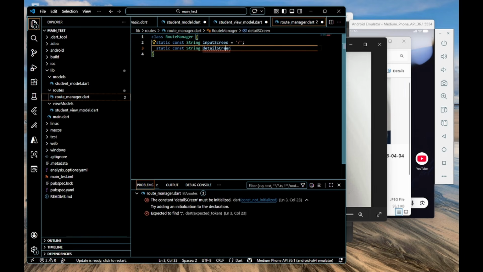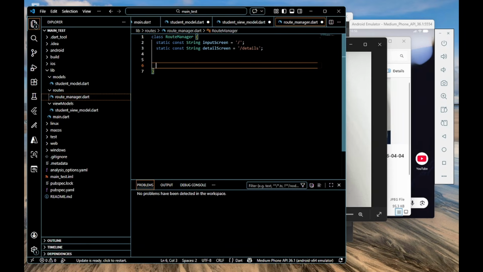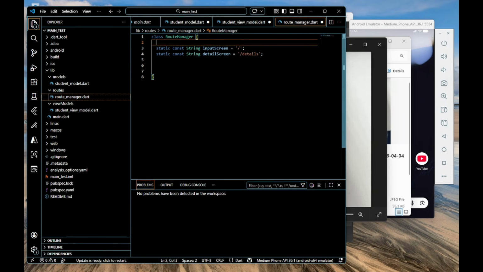So our detail screen's value is going to be details, and we close that. Again, these are properties,